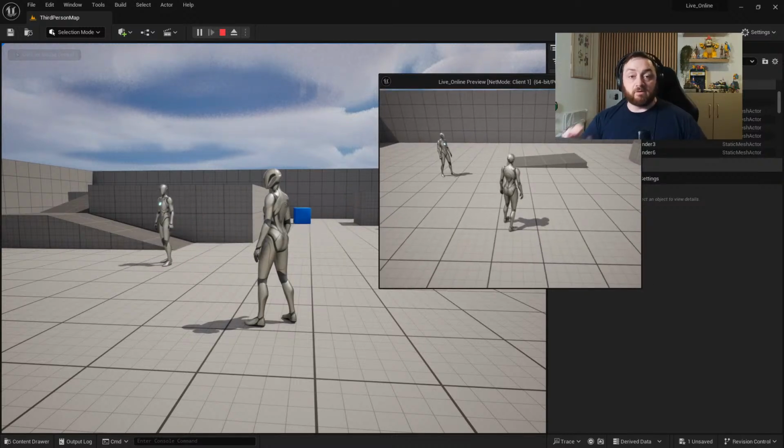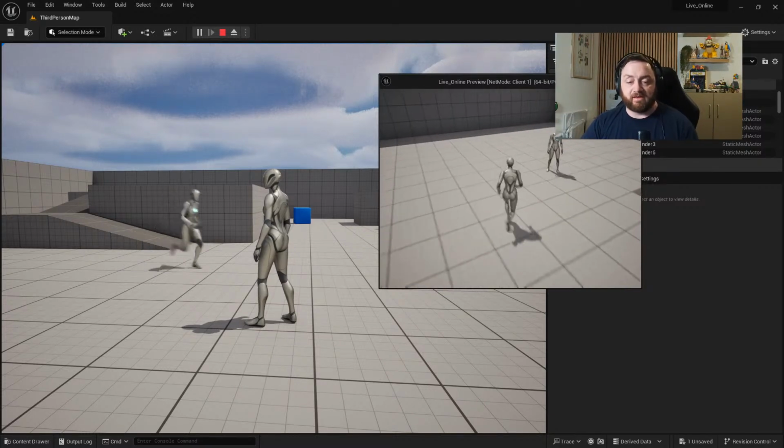Now a few things to note about this straight away. We'll be going through what is replicated automatically, what isn't. We'll be talking about how the game mode plays into this, how ownership plays into it, what the player state is, what the game state is, how they all work together with the player controllers, how to manage different players coming in as well. So right off the bat, as you can see, both characters will replicate their movement, and